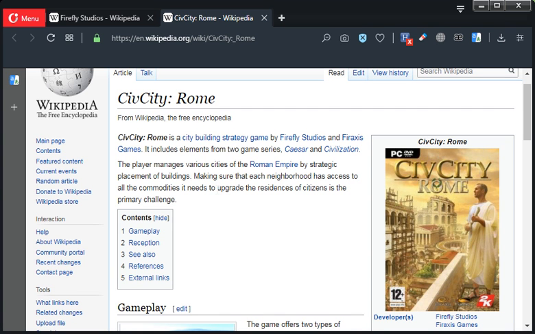CivCity Rome is a city-building strategy game by Firefly Studios and Firaxis Games. It includes elements from two game series, Caesar and Civilization. The player manages various cities of the Roman Empire by strategic placement of buildings. Making sure that each neighborhood has access to all the commodities it needs to upgrade the residences of citizens is